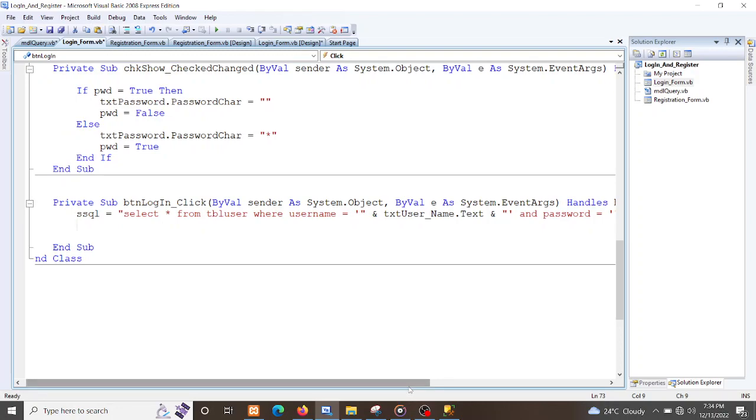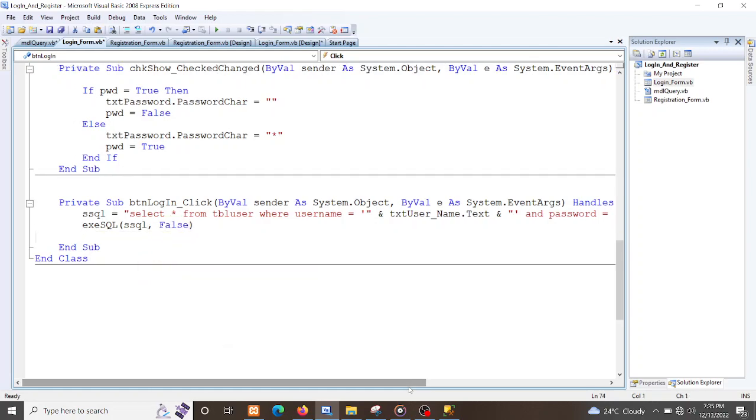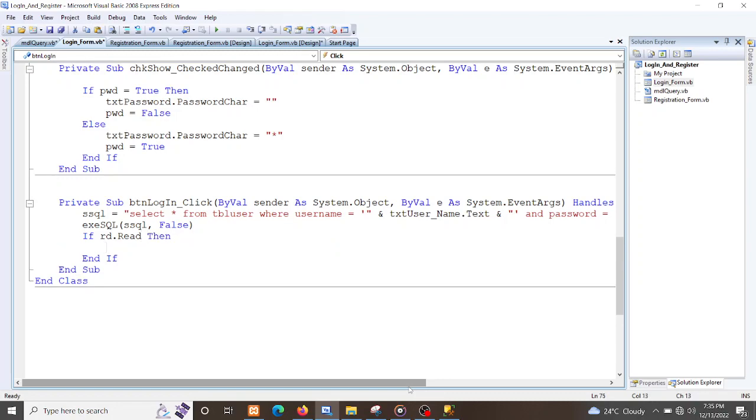ESC, SQL, SSQL, then false. If, or that read, then message box,